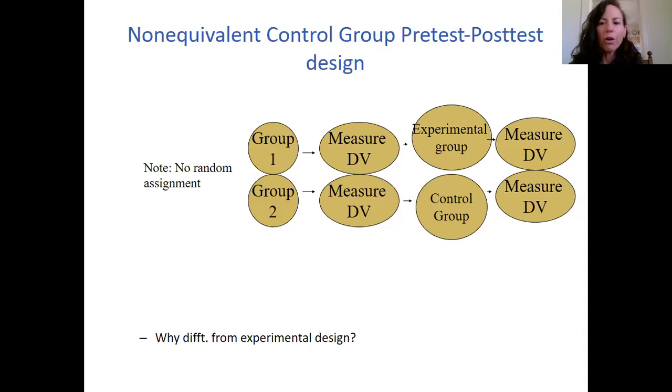Non-equivalent control group pretest, post-test design. So you can see all we've done here is added a pretest. We still have no random assignment, and that is what's different from experimental design. But this is the better design. So if we looked at kids' behavior prior to the parents using the cell phones, that would be the first measure of the dependent variable, or the pretest, and then we had them use the cell phones or not use the cell phones, and then we looked at the behavior again, that would be even better,